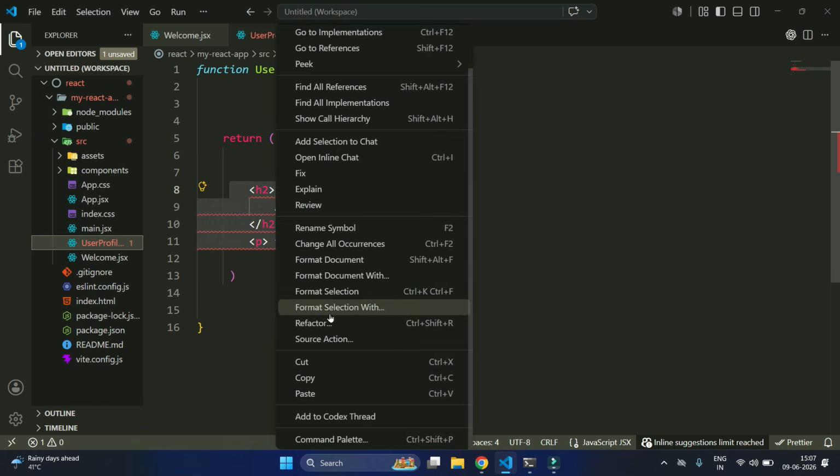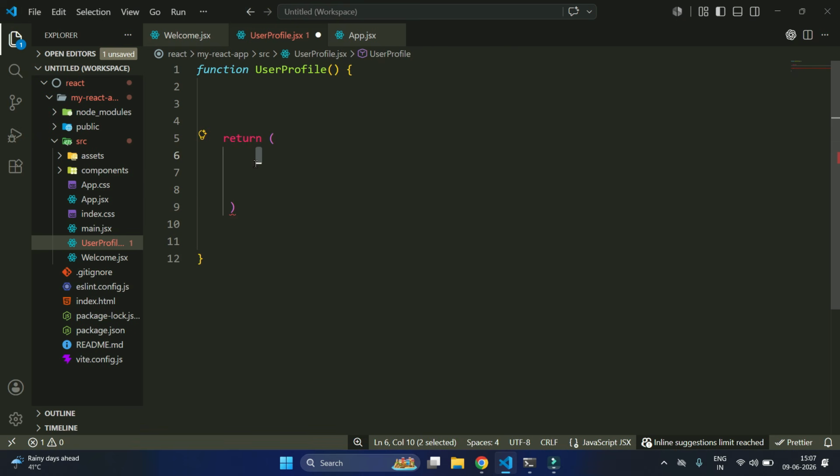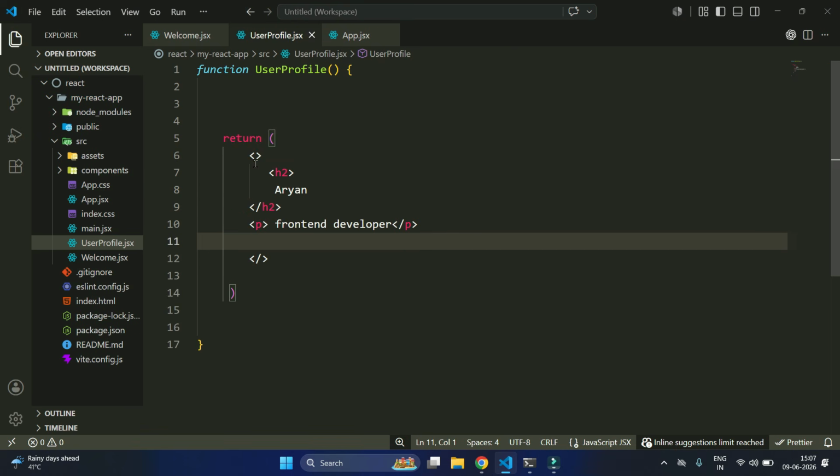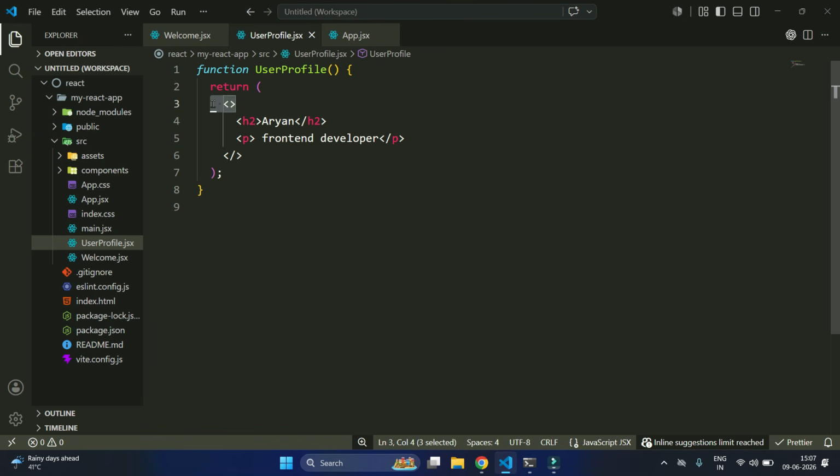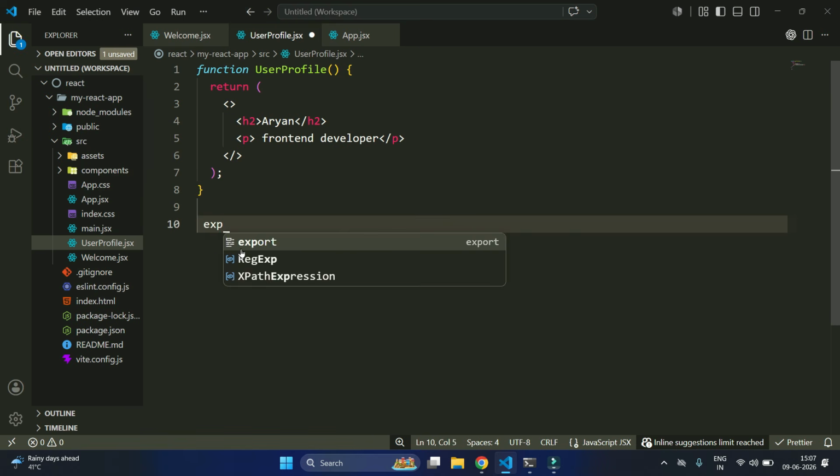Here you could wrap it inside a React fragment, or you can use a div tag, because there are multiple elements, so you have to wrap them, and then you have to export